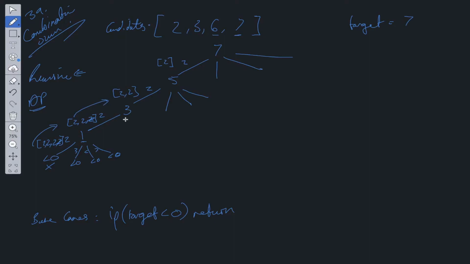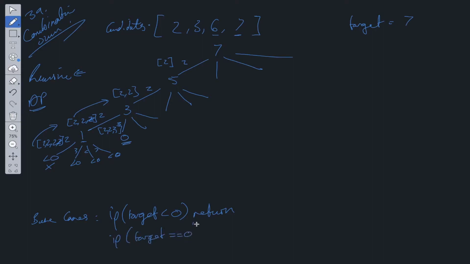At 3, we have 3 other options. We can take 3, 6, and 7. So if we take 3, it's going to equal 0. So we have 2, 2, and 3, and this is a potential solution. So this is another base case. So if target